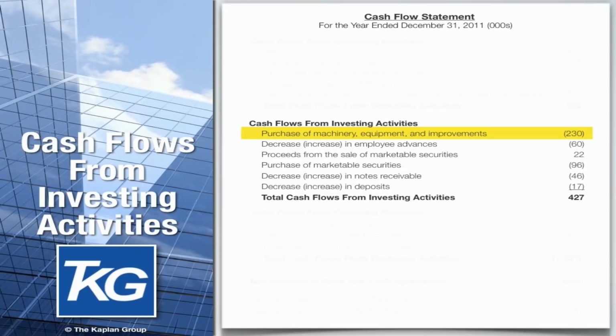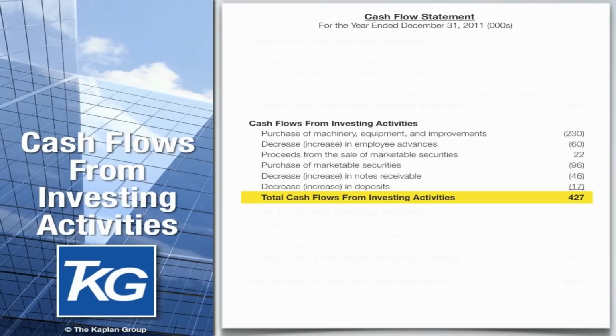The other type of investing activity has to do with the money invested in financial instruments, such as loans to employees, deposits paid to landlords and utility companies, and amounts recorded as notes receivable. Any increase in the amounts of these items during a period would be a use of cash, while any decrease would result in a cash inflow. All these changes are reflected in this section of the cash flow statement to get a net cash increase or